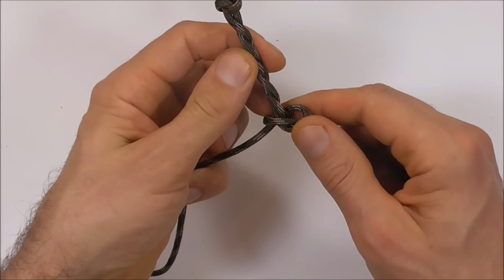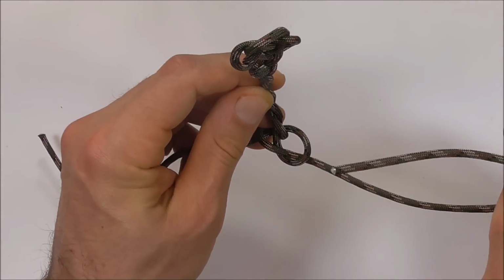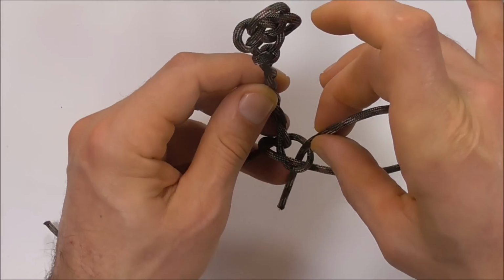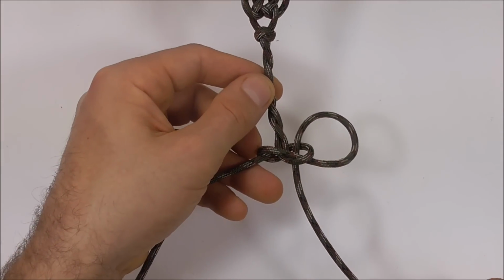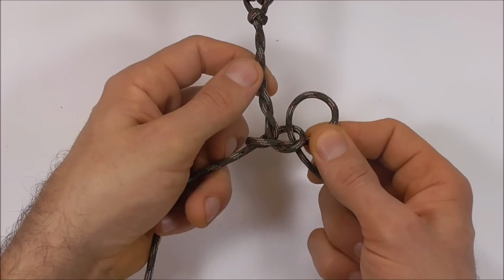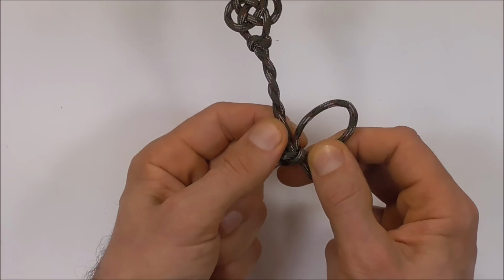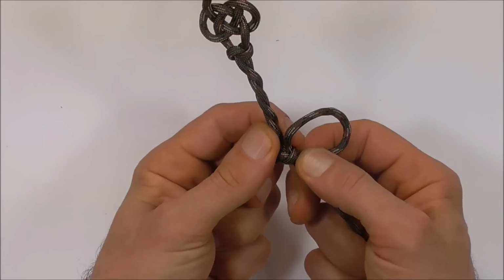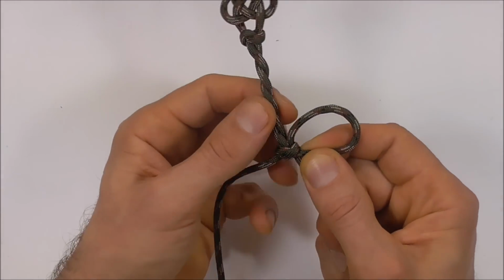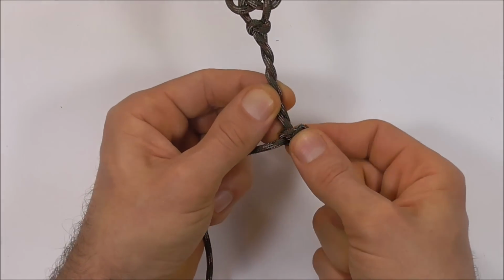And then before you tighten this snake knot all the way up, just rotate it vertically and then take your right strand back down through that right loop. Then just hold the bottom portion of that loop and tighten up your snake knot. And once your snake knot is tight, then we can close down this loop. So just draw that loop through,